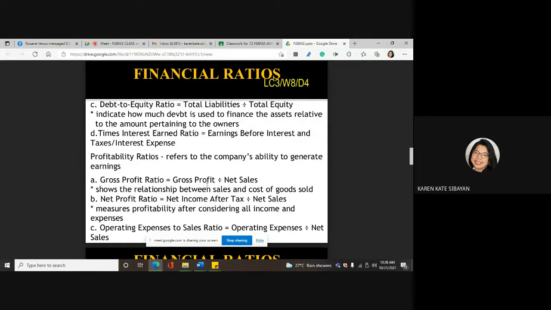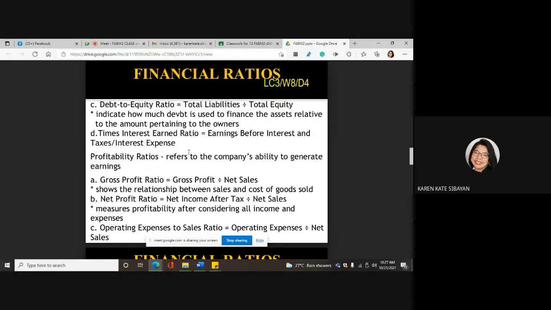I-interpret ng maayos. And the only way to do that is practice. So since matatapos ko na lahat ng topic natin for the first quarter, more on practice naman tayo. Okay? Anyway, so the times interest earned ratio, you just need to get the earnings before interest and taxes over